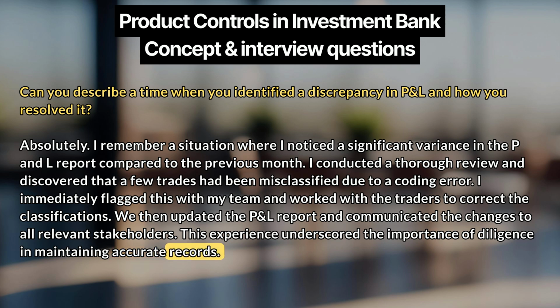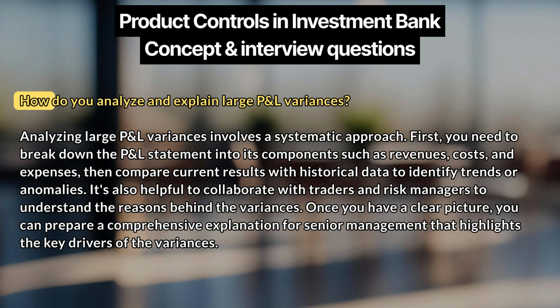How do you analyze and explain large P&L variances? Analyzing large P&L variances involves a systematic approach. First, you need to break down the P&L statement into its components, such as revenues, costs, and expenses. Then, compare current results with historical data to identify trends or anomalies. It's also helpful to collaborate with traders and risk managers to understand the reasons behind the variances. Once you have a clear picture, you can prepare a comprehensive explanation for senior management that highlights the key drivers